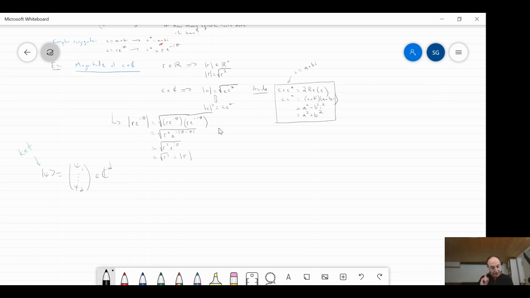Let me be clear. This is a column vector, right? It is downwards. And we can take the conjugate transpose of this thing. This is the first operation. So let's talk about the conjugate transpose. What is the conjugate transpose? Technically, you take the star. When you take the star of a vector, the way we define it is entry-wise: you take the star of each of the entries one by one. And then you take the transpose of the full thing.